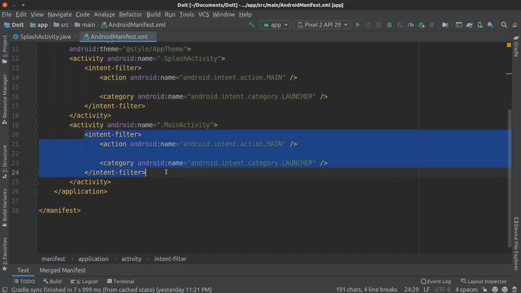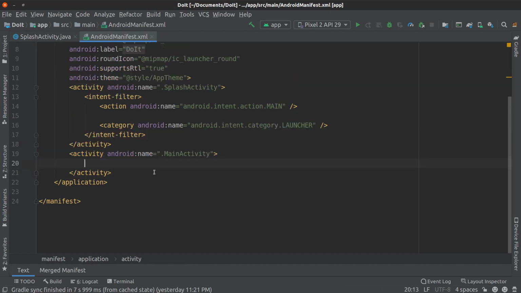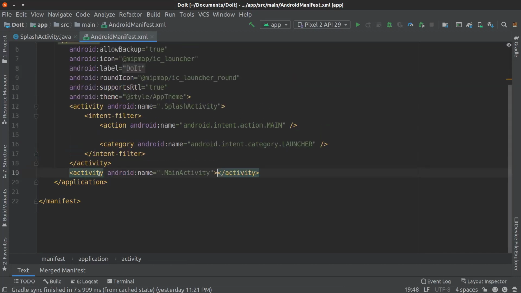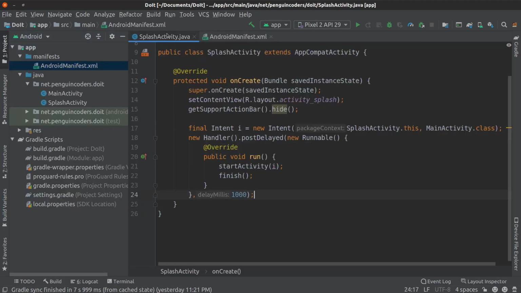I will remove this whole block and then merge this also. You can see that I now have only one launcher, otherwise it will show multiple icons in your mobile app. So there's only one launcher icon, and I think the splash activity has been completed.